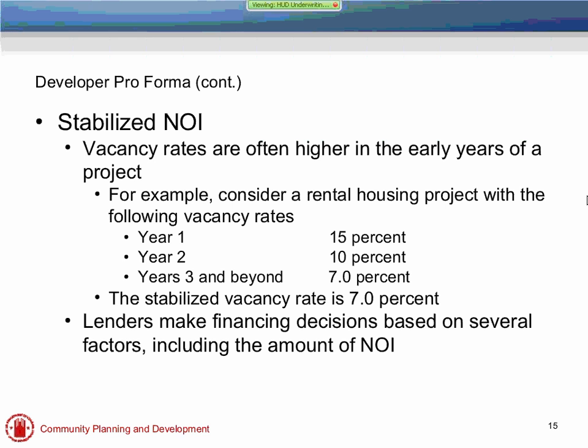Year 2 is also not going to be correct because it's a higher vacancy rate. And year 3, we've already figured in some possible raises in rent and some raises in our operating expenses. So year 3 really isn't a stabilized NOI number either. So stabilized NOI is really a function of a few different things, and it's using the stabilized vacancy rate. So just keep in mind that stabilized NOI is the number that we use to calculate the debt that the project can attract from the lender.